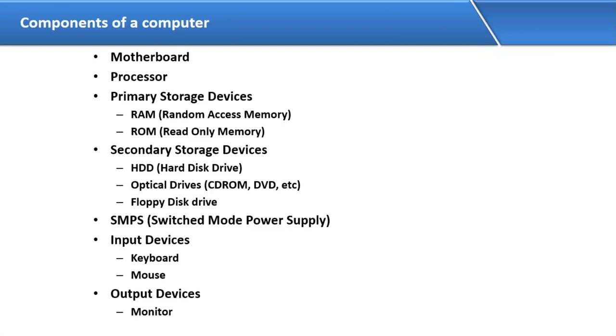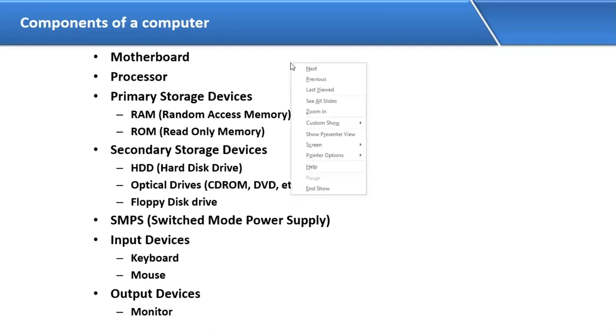And the second thing is primary storage, which is also very important, because in the ROM, it is called BIOS. In BIOS we decide the first boot device: first boot from CD or hard disk or USB or network adapter. We are selecting that. It is important because whenever I give instructions using keyboard or mouse, the data is stored in RAM, then goes to the processor. The processor does the processing, then gives it back to the RAM.